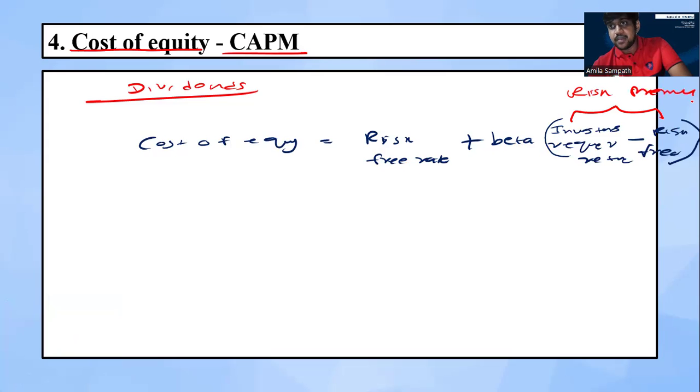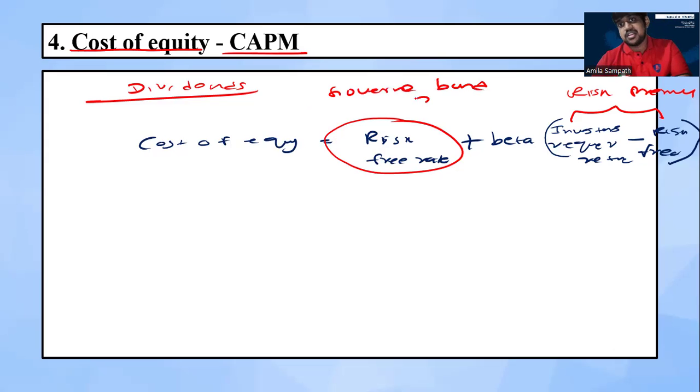The difference between the investor required return and the risk-free rate, we can say is the risk premium of the company. When we consider the risk-free rate, normally we use that country's government treasury bond rates. Based on our requirement, we can use 10 year, 5 years, 1 year, whatever. Normally as the risk-free rate, we use government treasury bond rates, because risk-free rate means the returns